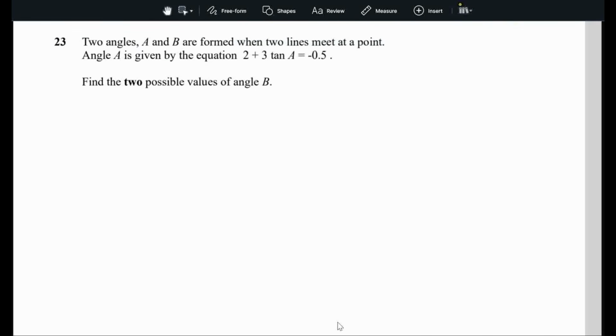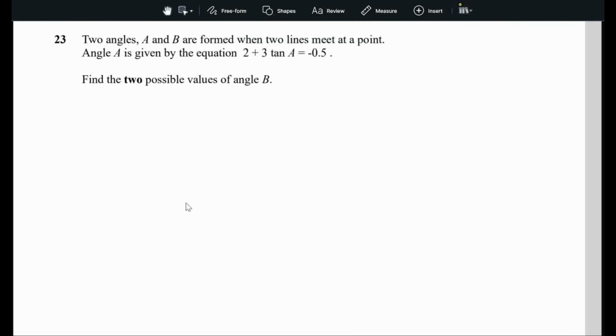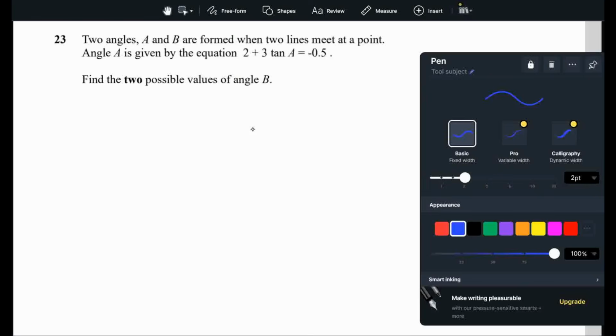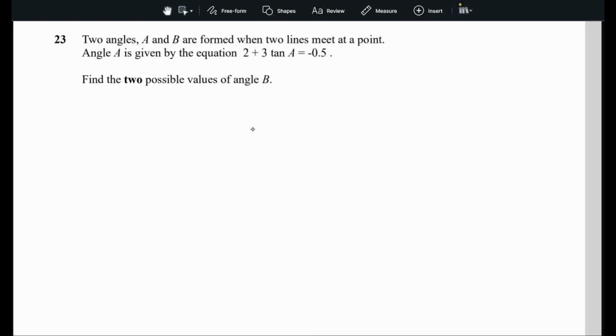Let's move to question number 23. Two angles A and B are formed when two lines meet at a point. Angle A is given by the equation 2 plus 3 tan of A is equal to minus 0.5. Find the two possible values of A. Now what we have to do is just rearrange it. So this will be 3 tan of A is equal to minus 0.5 minus 2. So tan of A will be equal to